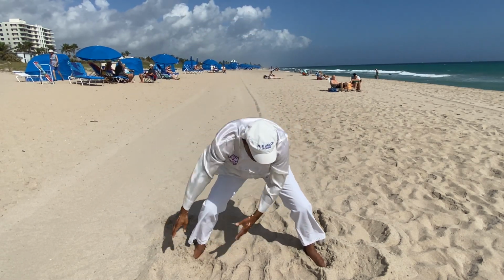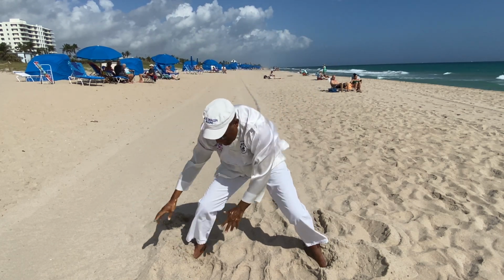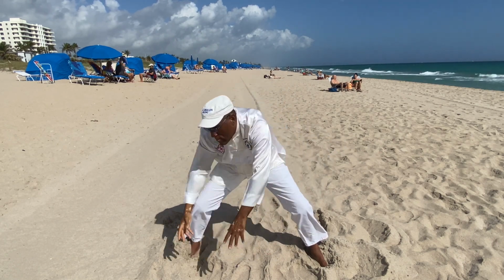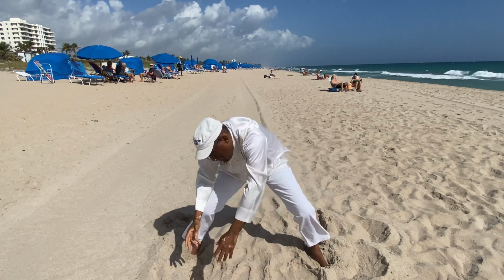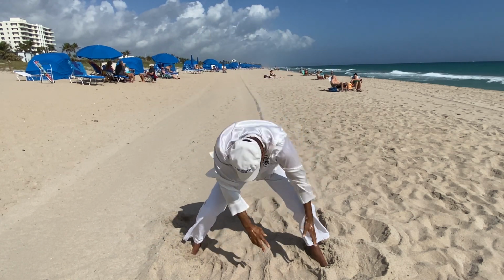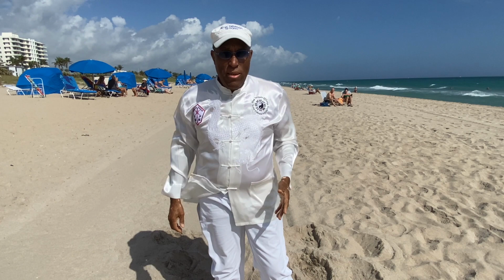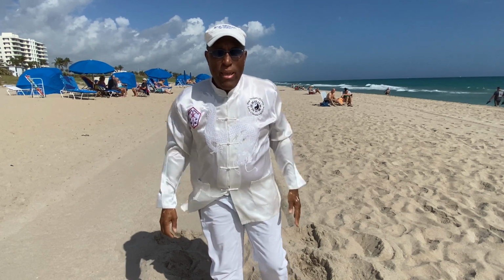And now reverse direction. And reverse direction. Okay, and those are the 3 important internal exercises that benefit the kidney, benefit the reservoirs of yin and yang, and the penetrating channel. And now we're going to close out with